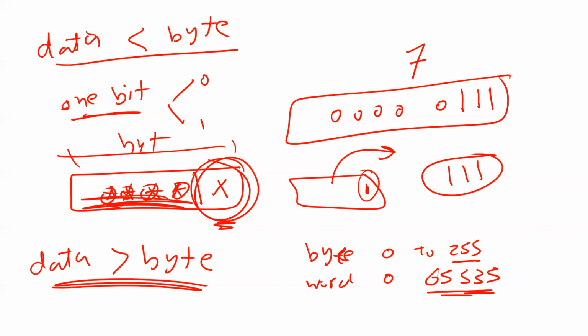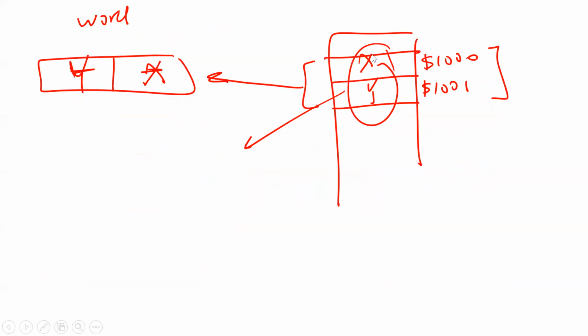So now your data, in this case, if it is a byte, that's okay. I'm going to write a byte, I'm going to read a byte. That's okay, right? What if it is a word? If you want to read or write, you have to read or write a byte. What if your data is a word? 2 bytes. So what's going to happen is you are going to store it in 2 consecutive locations. Okay. I hope you understood what I said.